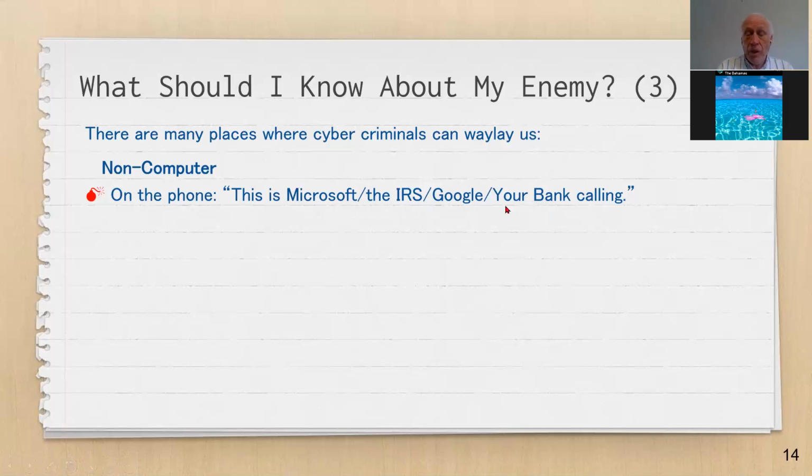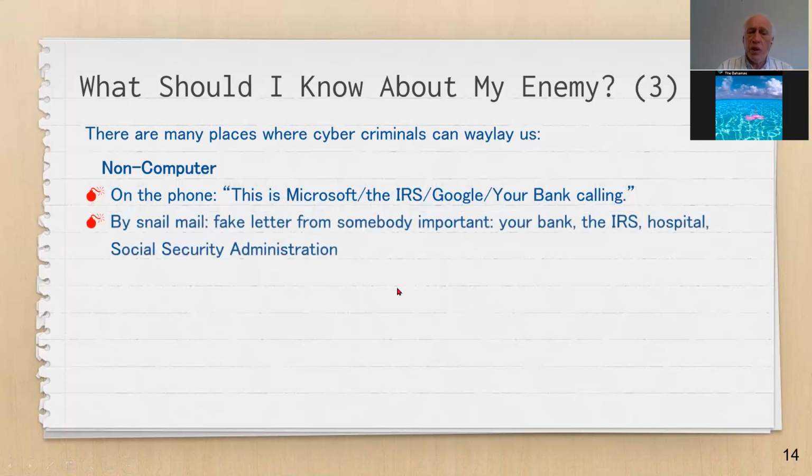And another one, obviously, is your bank. This is Bank of America calling. This is SunTrust Bank calling. So they figured out you have a bank account at SunTrust or Bank of America or wherever, and there's some big problem with your account. Or this one I've heard too: somebody is hacking your account right now. We need to work together very quickly to stop it. Of course, it's all baloney, right? There isn't such a problem. And what they're going to do is somehow arrange for you to send them money.